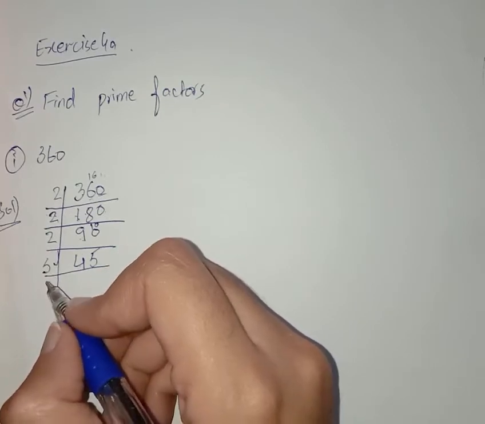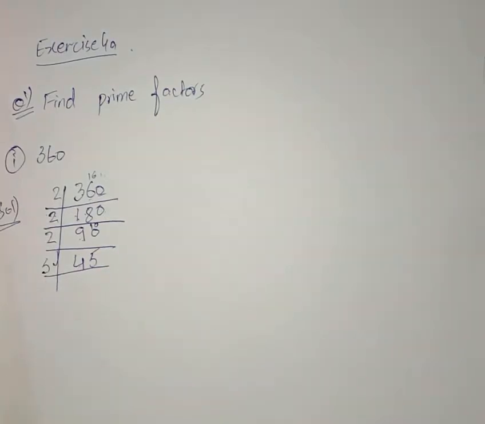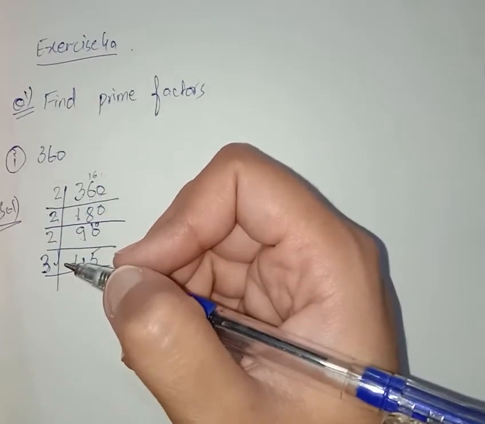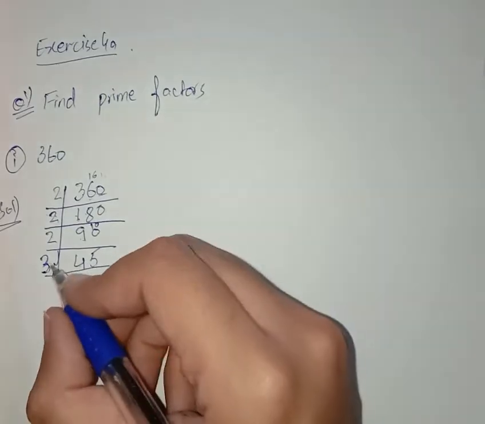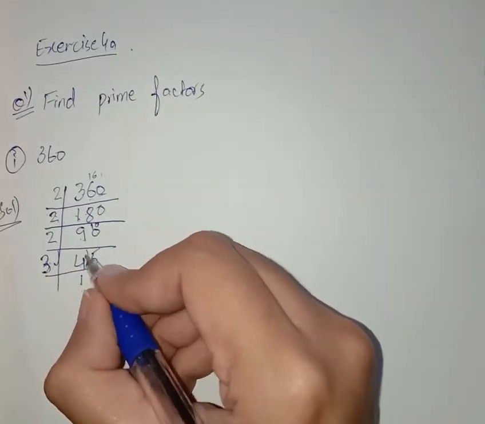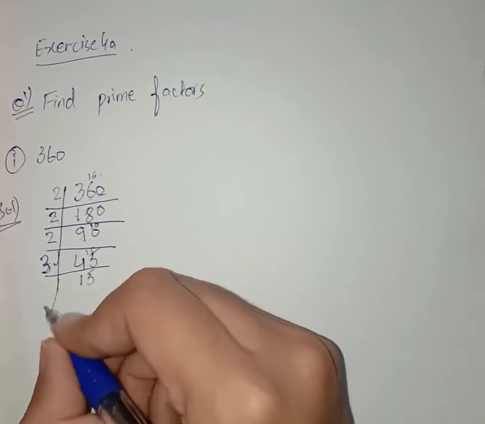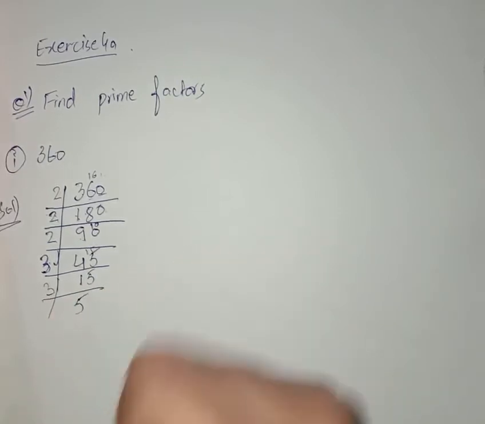But there is something else that we have to do: 45 doesn't only come in a table of 5, it also comes in a table of 3. As I can tell you, we try to get smaller and smaller tables. 3 ones are 3, 1 is on carry, it changes into 15, 3 5s are 15 and also 3 5s are 15. So this is its answer.